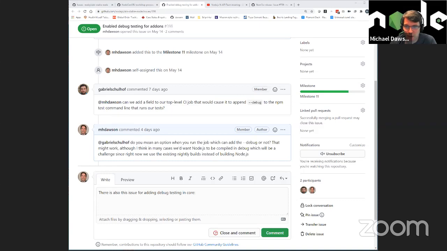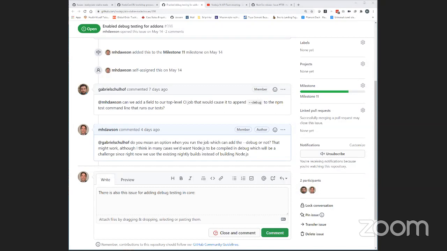Let me just find that issue. Where is it? There is one, I'm pretty sure. The only reason I'm thinking this is that I know that distributions have debug info packages which you can install, and then you get all the debug symbols. So they are doing this, but of course they are as upstream as it gets, I guess.